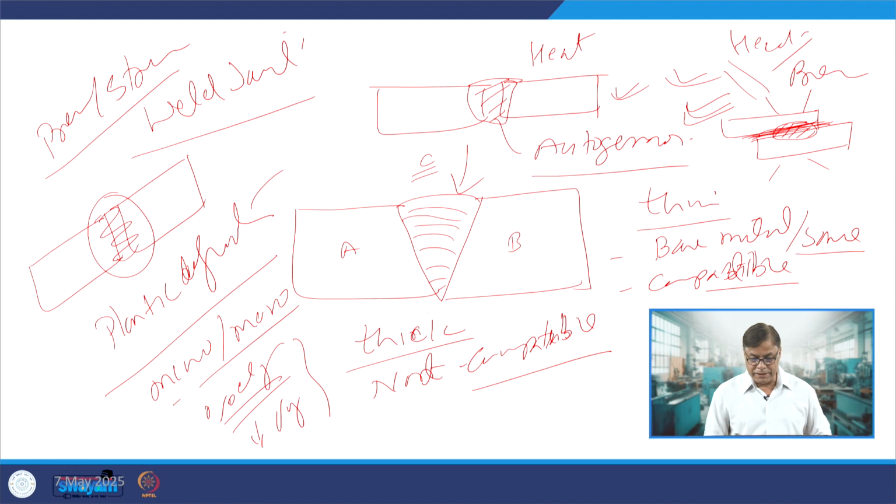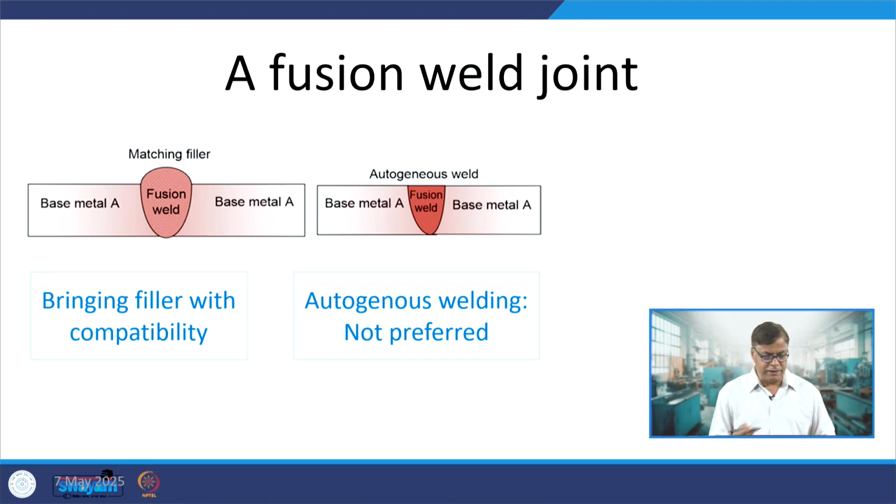Or the filler metal is used when the section thickness is more, or we do not have the compatibility between the metals to be joined. So, this is the complete overview of the conditions where heat, pressure or the filler is used. So, this is one typical case when, say, we are using the filler metal to join the two components